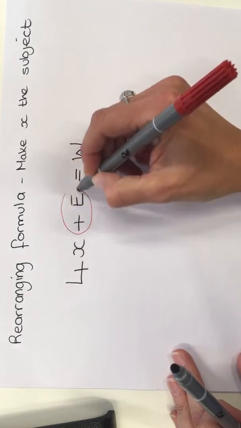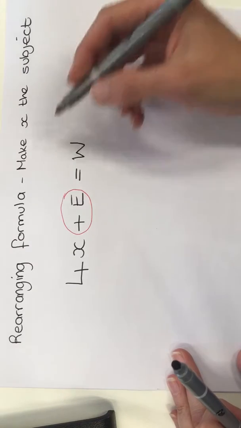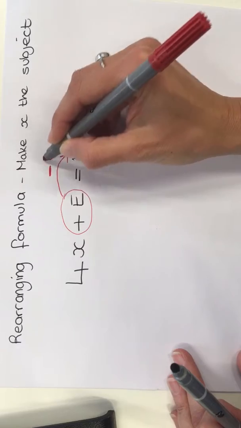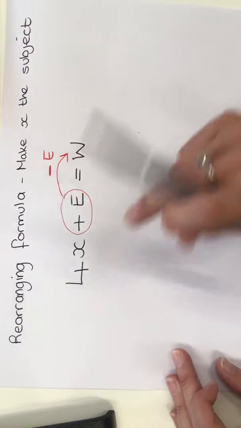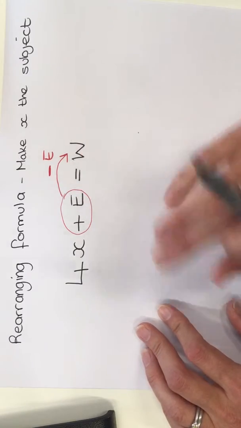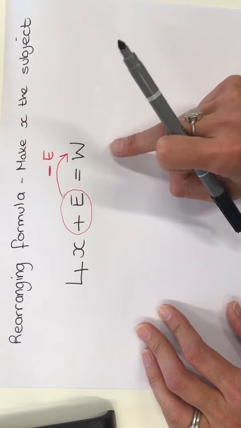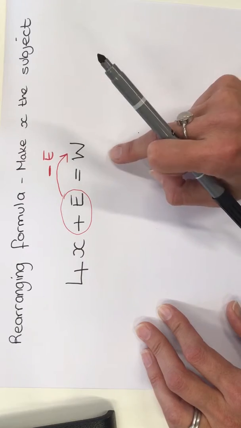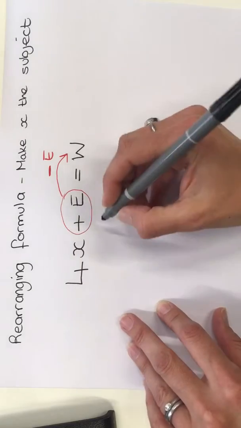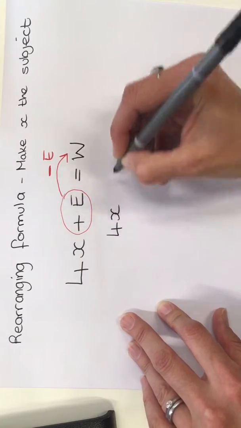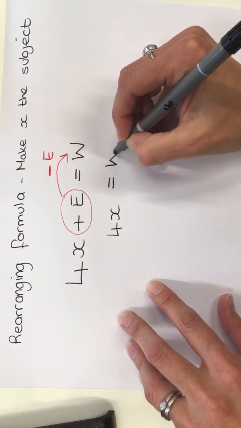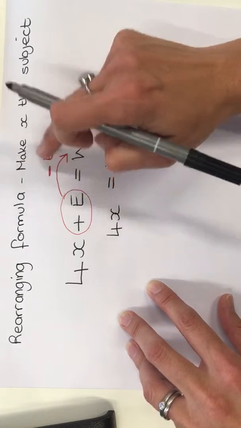Now it's a positive E, so to move it we are going to subtract E from both sides, because if I subtract E from this side it disappears because E minus E is 0, and that means to balance things out I must subtract it from the W. So if this is removed, I'm left with 4x on this side, and then on the other side of the equal sign I have the W there already, but I'm subtracting E